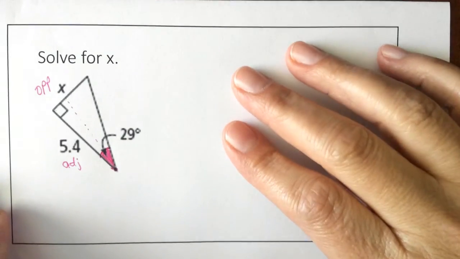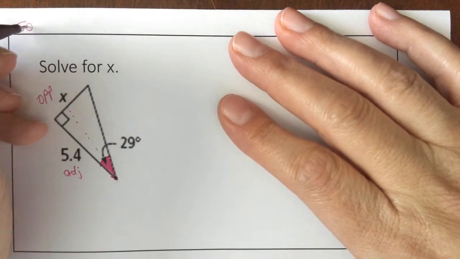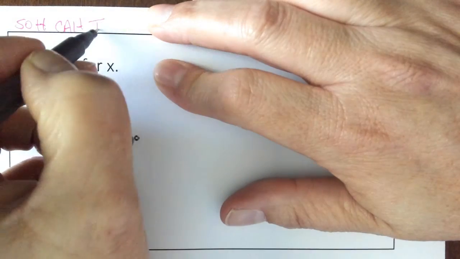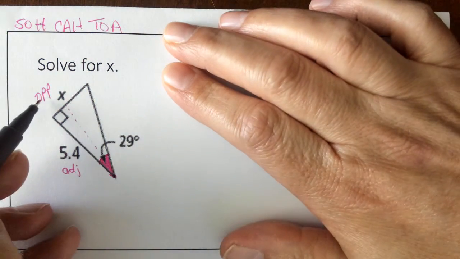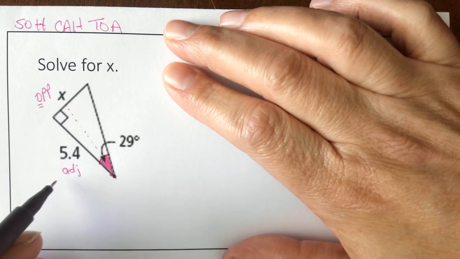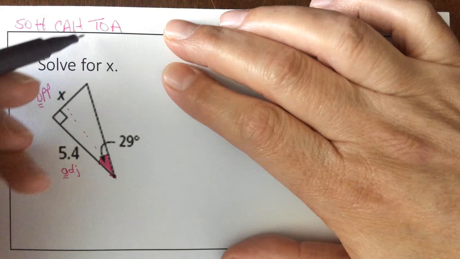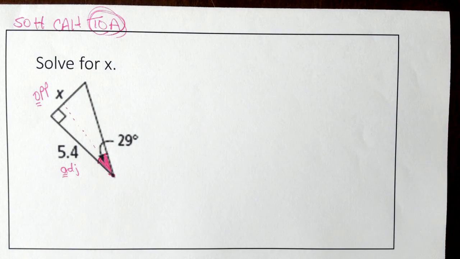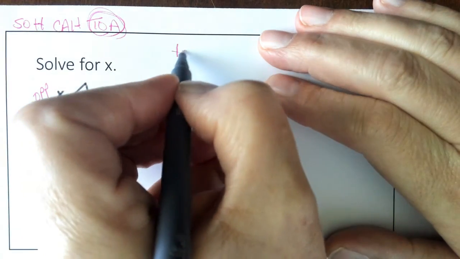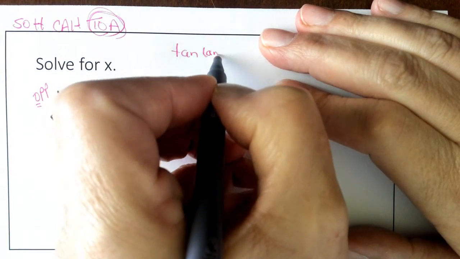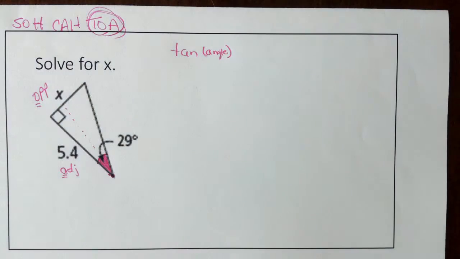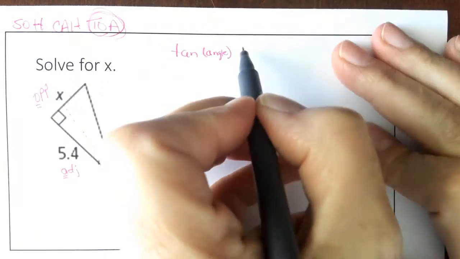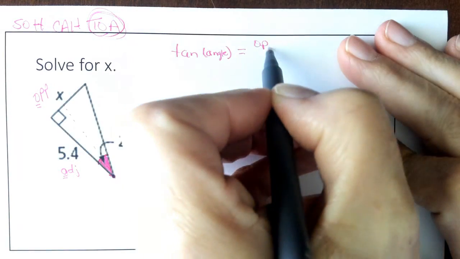Okay, which trig function am I going to use? So, TOA. I have opposite and adjacent. That's an O and an A. O and A go with tangent. So I need tangent of an angle. I'm going to write this one differently just to help us remember that this is always an angle, equals opposite over